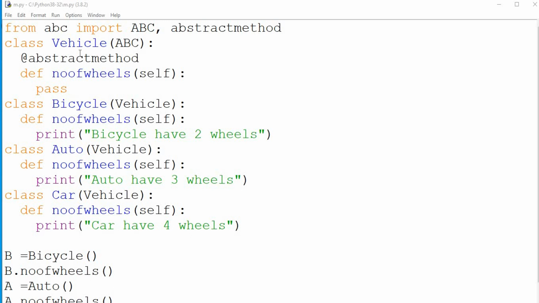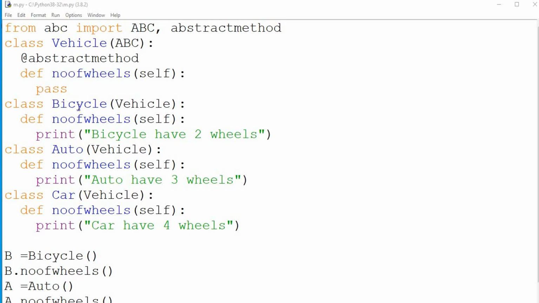Now we can see there are three classes that are derived from Vehicle, that is Bicycle, Auto and Car. How can we say this Bicycle is derived from Vehicle? Means Bicycle, within the brackets, whatever class name I am going to write. So this is the parent class and this is the child class. So parent class is Vehicle and child class is Bicycle.